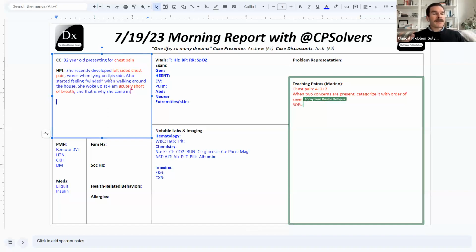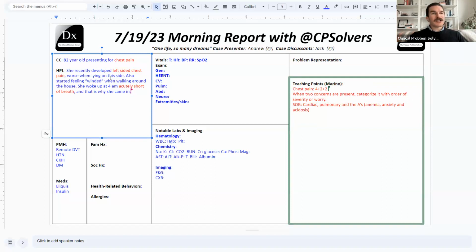But really, in the setting of somebody who has acute onset shortness of breath, the focus ends up being on cardiac causes and pulmonary causes. Whether those cardiac causes are things like ACS, pericardial disease like tamponade, or aortic pathology, or pulmonary causes being anything from pneumonia to pneumothorax to PE. Heart failure is another one, obviously, that becomes a big part of the cardiac causes of shortness of breath too.